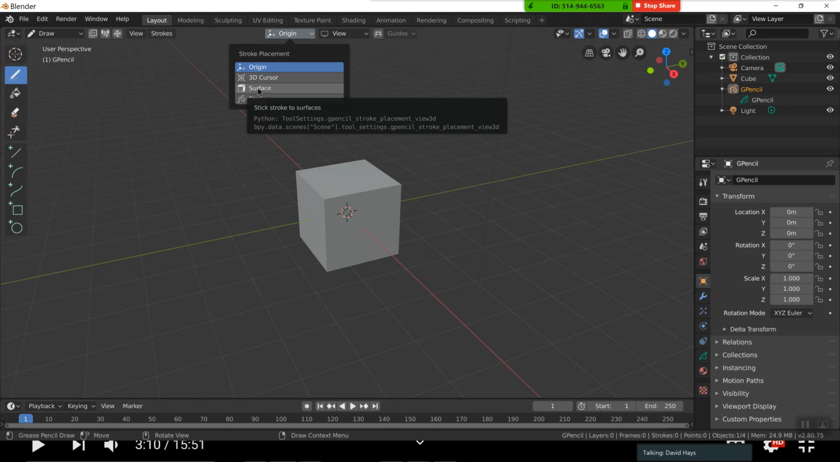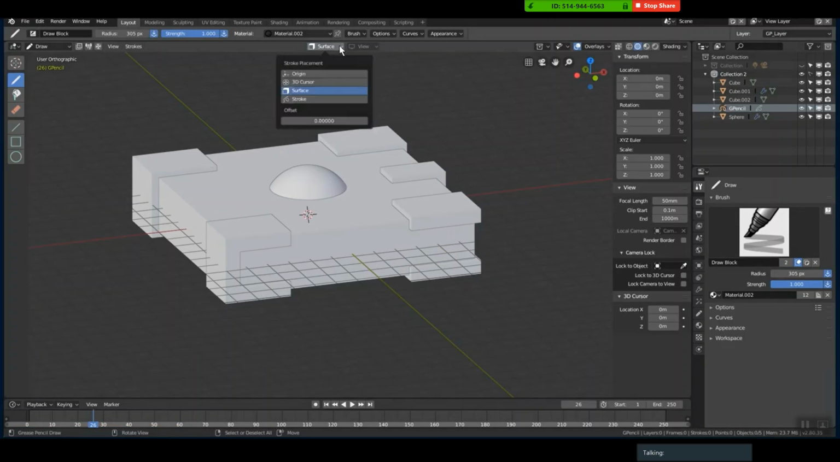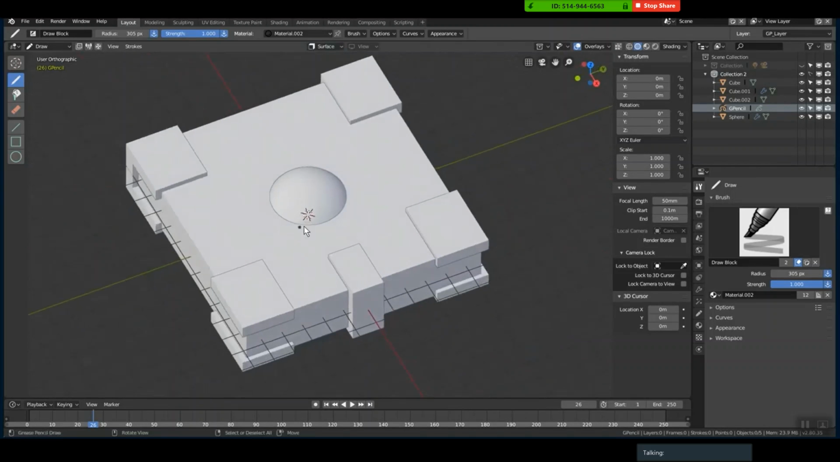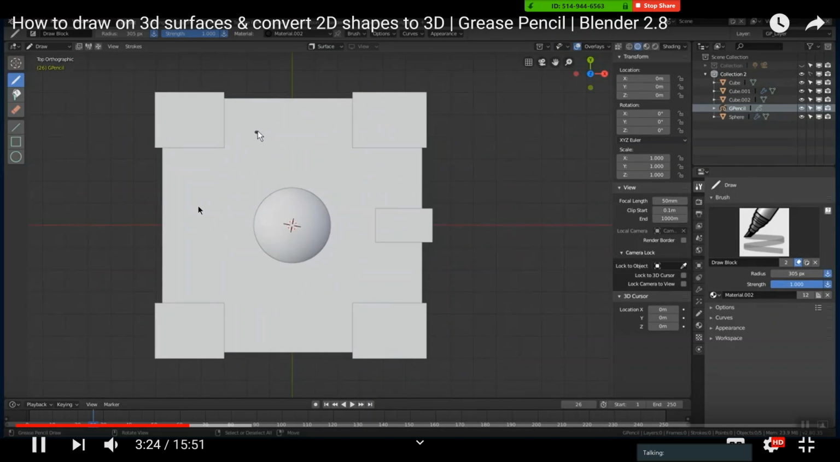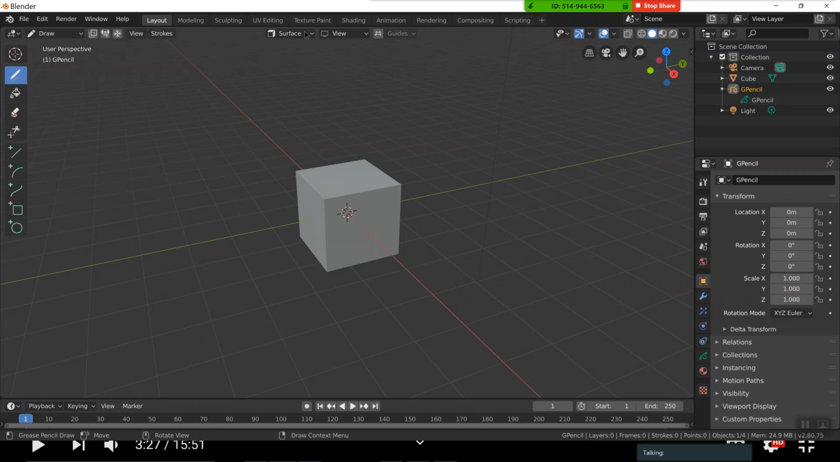It's got the origin here. So instead of it drawing at the origin, you can draw it on the surface. So that's what she's talking about with the offset here. She had hers set at that value. And if I start drawing and let up, you see it's no longer in the cube. If I did a Control Z,